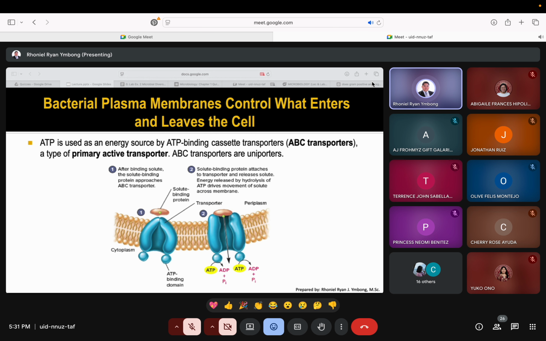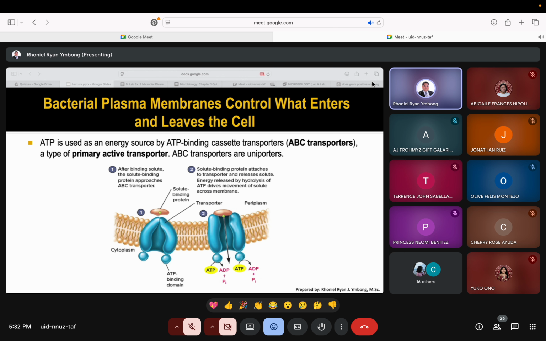So therefore, from adenosine triphosphate, it will now release one phosphate group to become adenosine diphosphate. So duha na lang iyahang phosphate group sa iyahang molecular structuring. And if that happens, if your ATP hydrolysis happens, then the other end of the protein will now open up to allow the movement or transfer of your solute or nutrient from the outside to pass through the cell membrane. So this is what you call primary active transport system with respect to the ATP binding